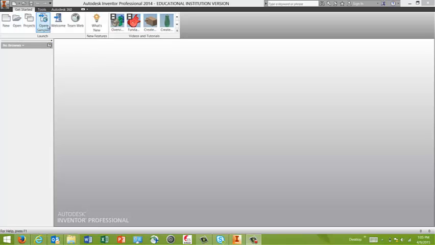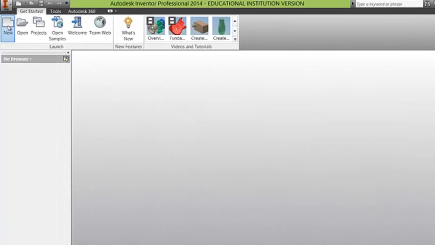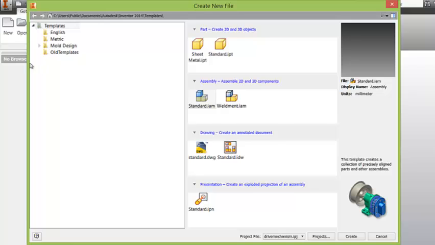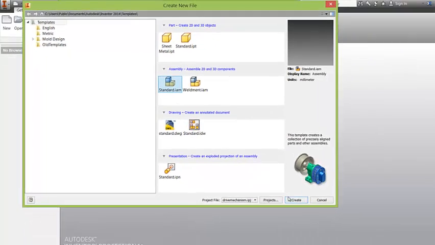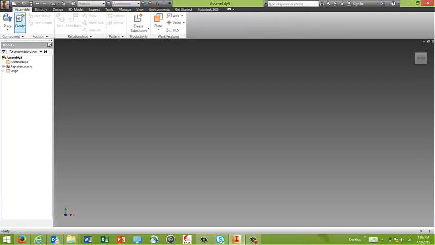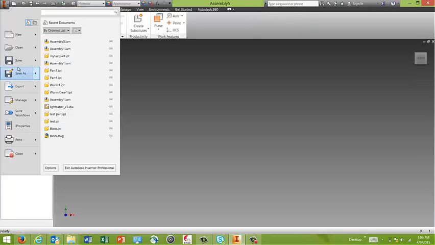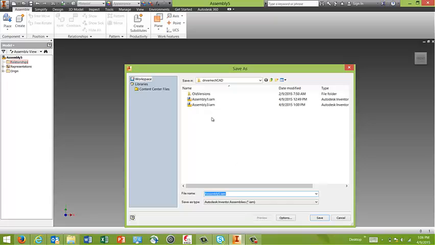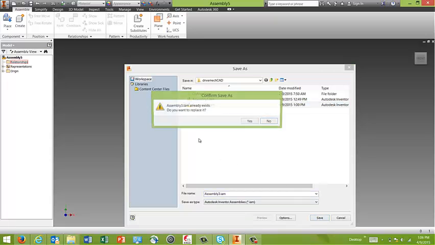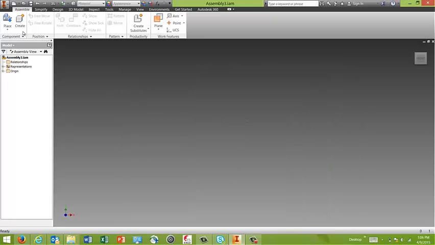Hi, I'm going to show you how to go about creating gears. We don't create gears in the .ipt format, we actually create it in the assembly. So what I do is I click new, go to the assembly.iam and select this create. Prior to creating it, I'll just save this file and I'll save it as assembly3, yes, and I'll go under